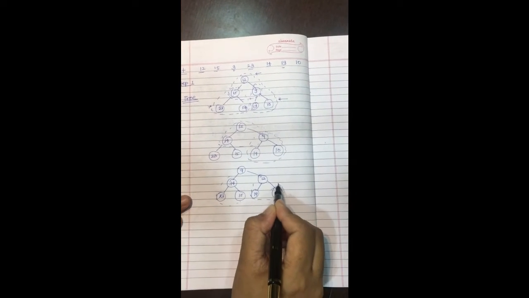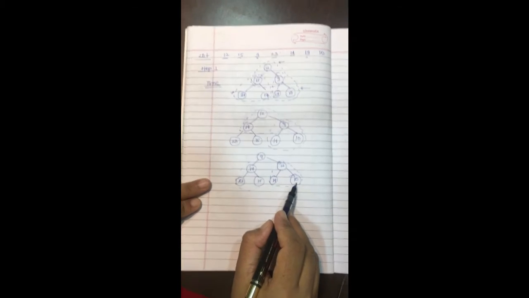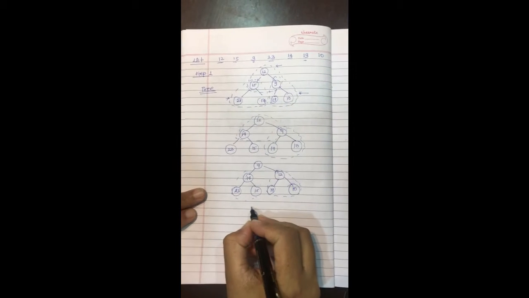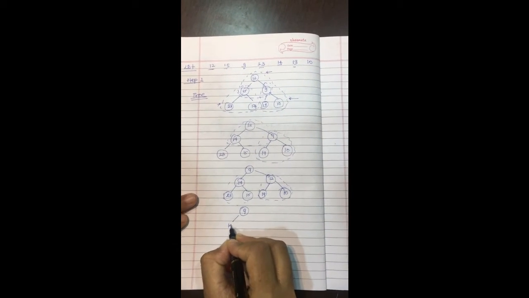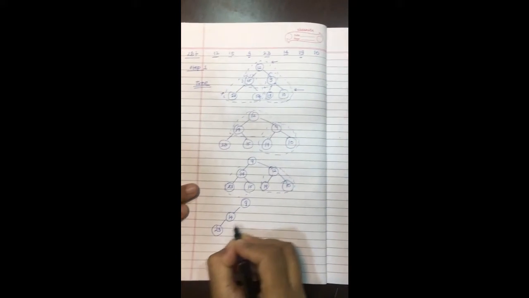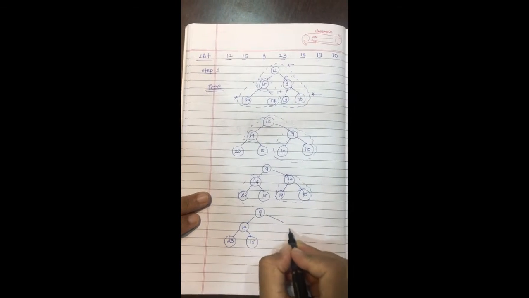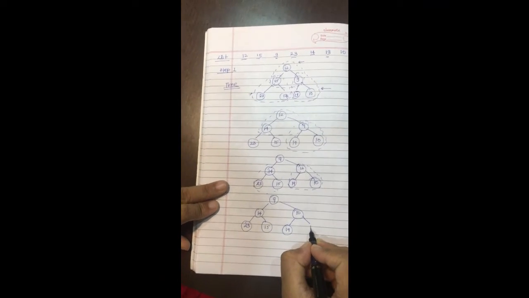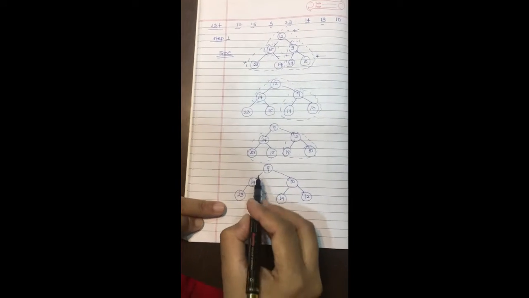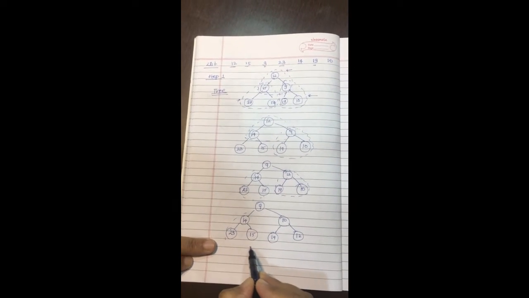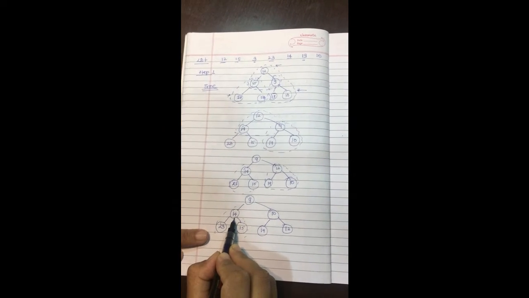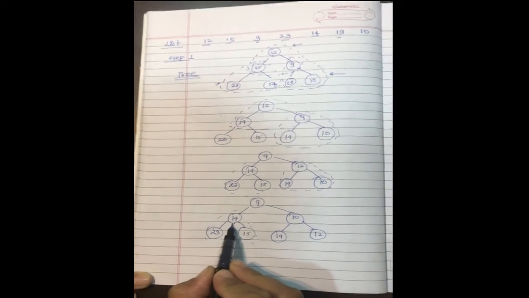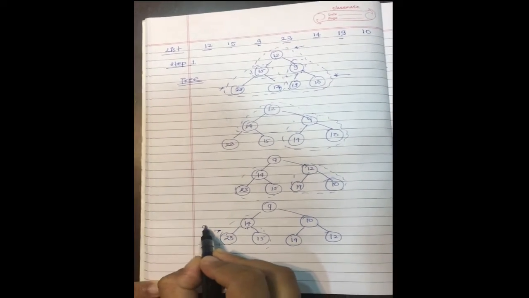Here we will check again, and again we find that 10 is to be shifted because 12 is greater than 10. So again our tree will become 9, 14, this 23, 15 as it is, and 10 will be shifted upwards, 19 as it is, and 12 will be shifted downwards. So again we will compare. Comparing this, we found that 14 is smaller. By comparing these 3, we found 14 is smaller. So this check is okay.